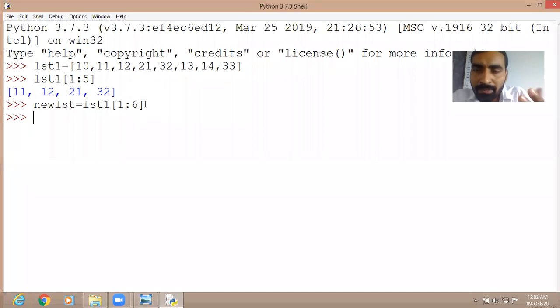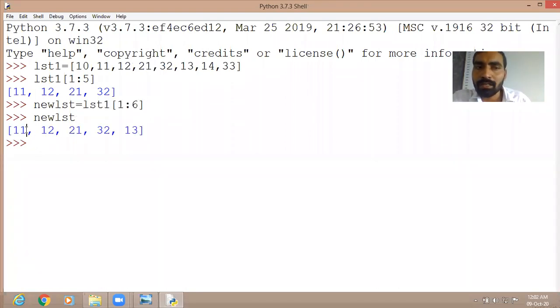See, that has been assigned to a new variable named new LST. Now if you want to see new LST, type new LST and press enter key, then it will show the slice from the given list.